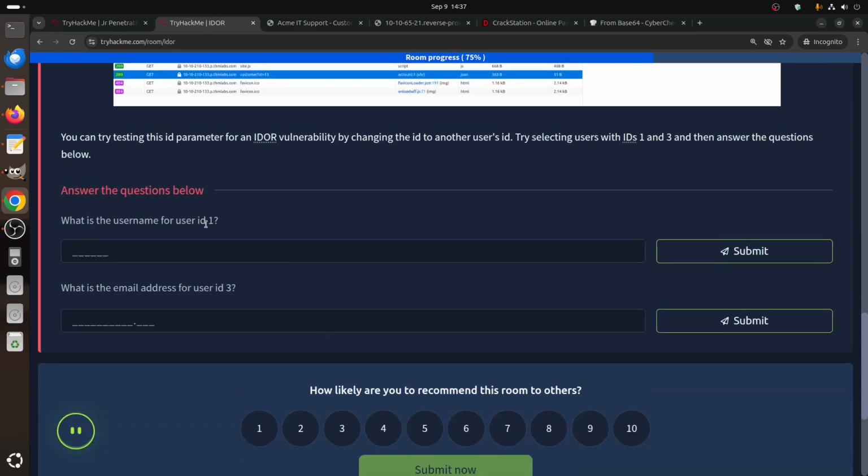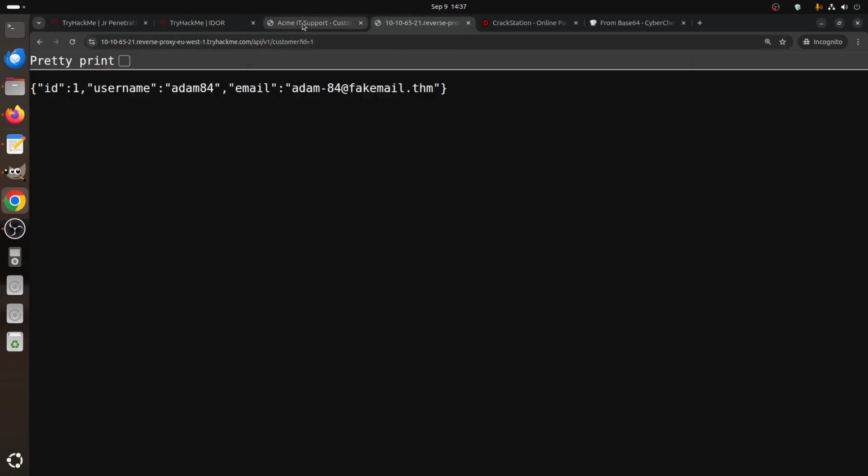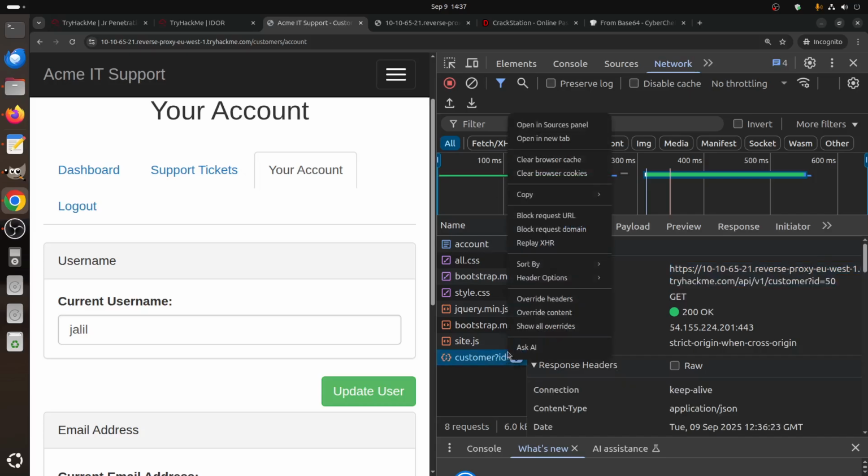For example, I said for ID 1, ID 3, what is the username, what's in the email. Then of course now we got them here. You can get them here. For example, you can say